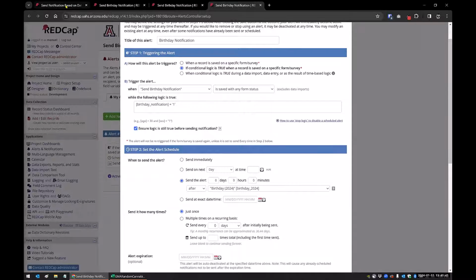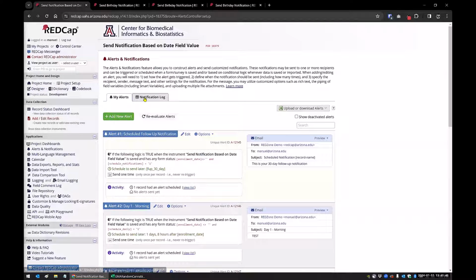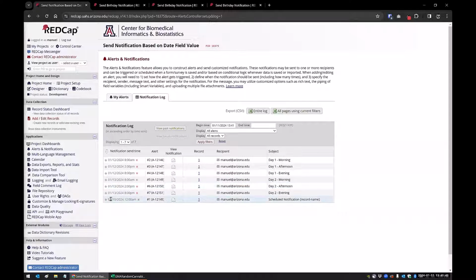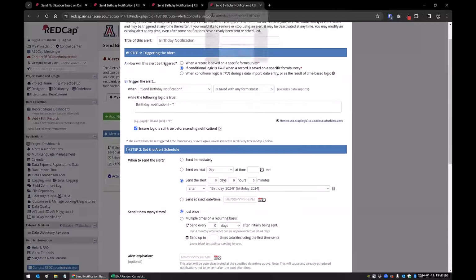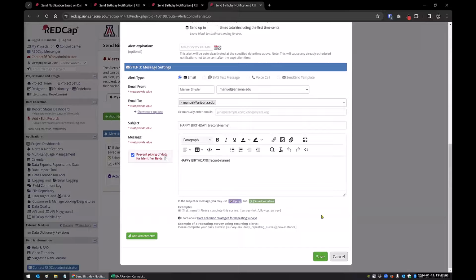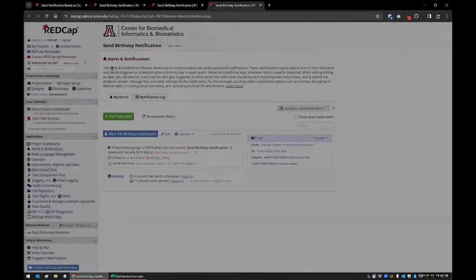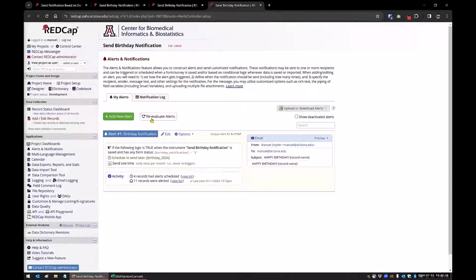So similar to the first notification that we had here, where I'm sending it based on the 30-day, and you can see here, this is automatically scheduling it for 30 days. It's the exact same setup, but I'm using that calculated birth date field instead of the calc date field. So if I cancel this, if I just go back to this and I save this, I set this for yes, and save and stay, and we go to the notifications,